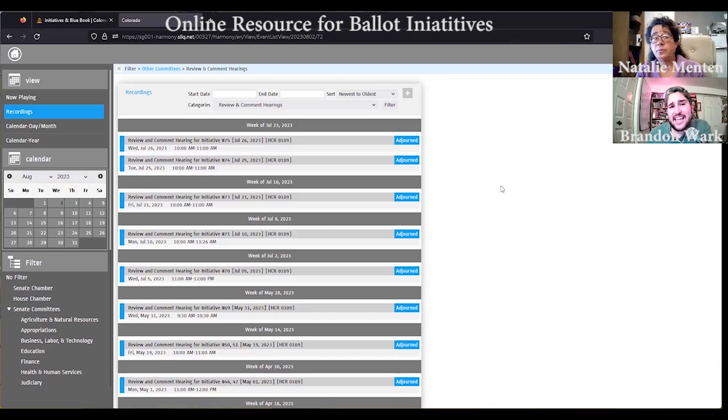If you want to understand the intent behind these measures, some of these discussions, I imagine, are pretty invaluable. How are they explaining it to the legislative council staff? How are they explaining what they're trying to accomplish by getting it on the ballot? So this is a great resource for that.